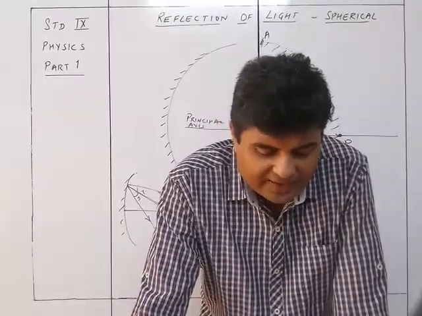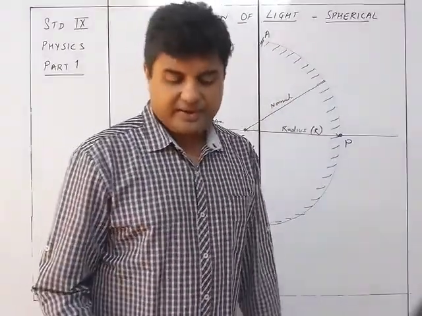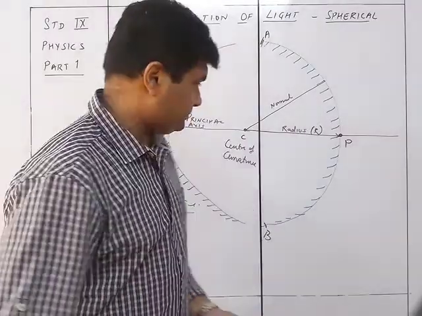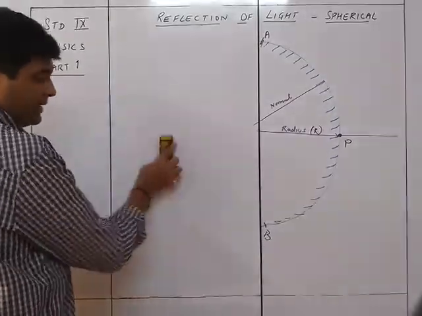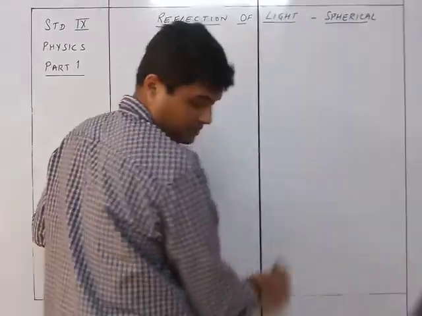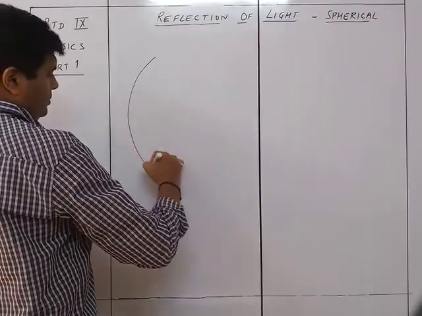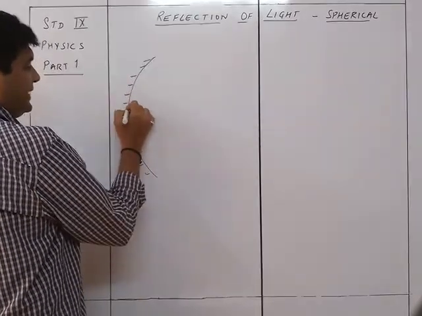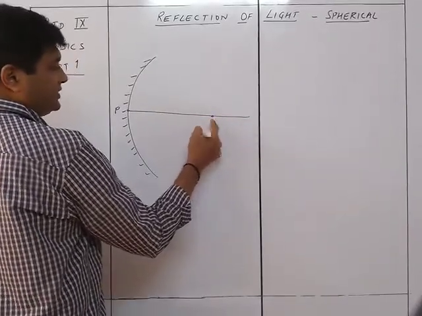For concave mirror, the rays of light. Now let's see what exactly it means, and I'll just explain it in a figure rather than reading out this part, because it is not so convenient to read out something which is in geometrical form. So let's see this particular ray diagram to understand the meaning of this part. Now if I take a concave mirror with this as the pole, this as the center of curvature, and this is the principal axis,